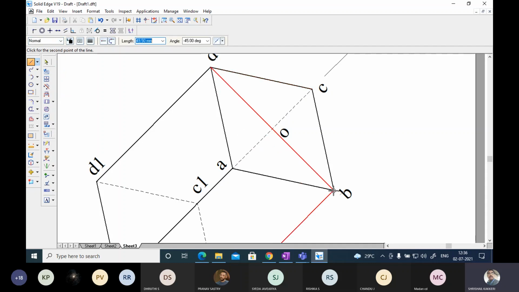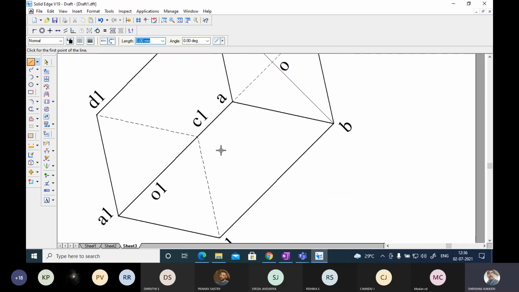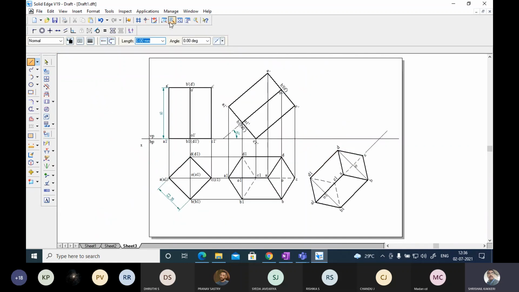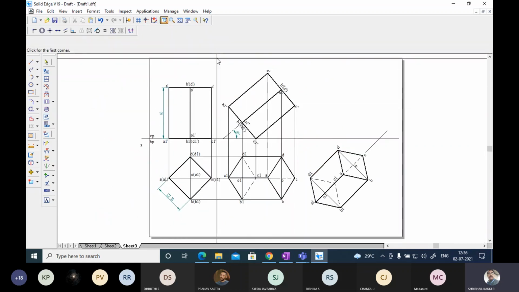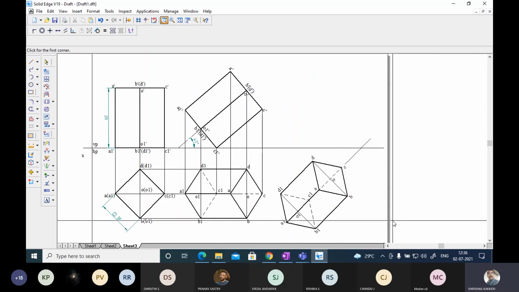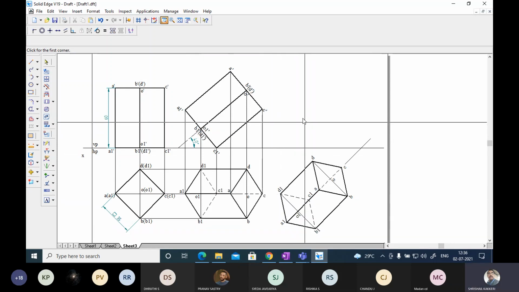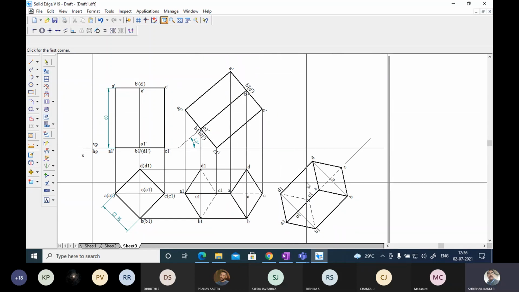Okay, and you can take one reference line, normal, and draw from here to here. It will be indicating the position of point O. Okay, position of point O. And here also you can take one point and it will be indicating the position of point O. This is O. Now let me concentrate on this. I will tell you very carefully how to do this. This is the base portion, this is the top portion.